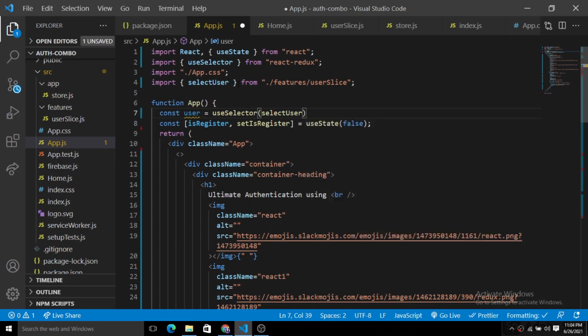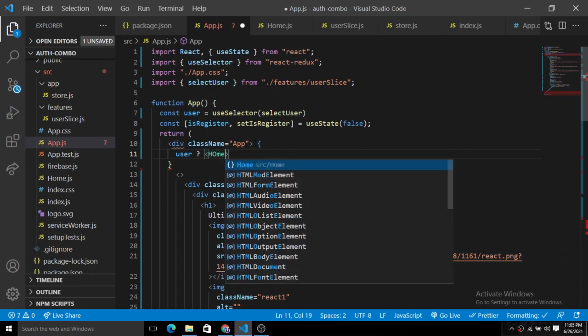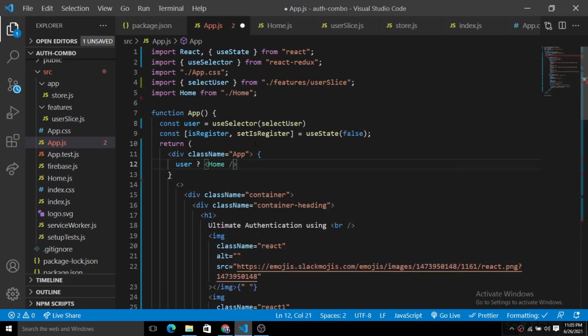Okay, so we have these things. Then we have a user. Initially the user will be null, so we just want to check that. So here we will do the testing. Inside of this app, if we have a user, meaning the user is not null, right? If we have a user, meaning the user is logged in, we just render the home component that is here.